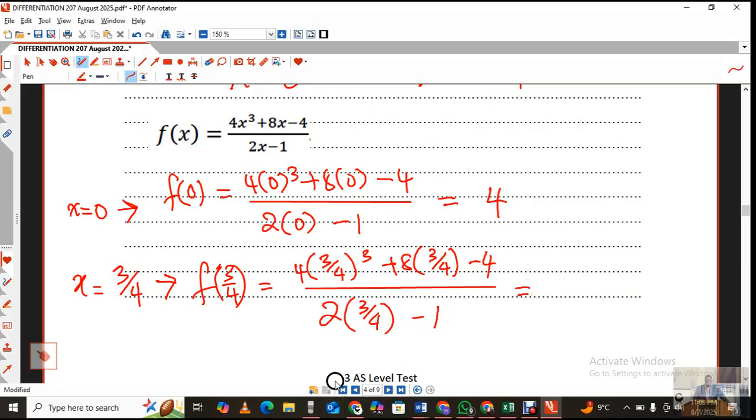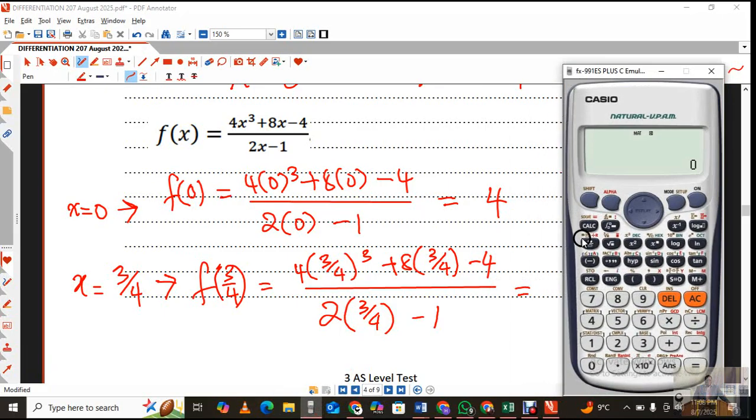You can use a calculator if it becomes a bit too messy, as it could be a bit tricky for you. So let's clear up the calculator and put it in a more recognizable form. So you're going to have 3/4